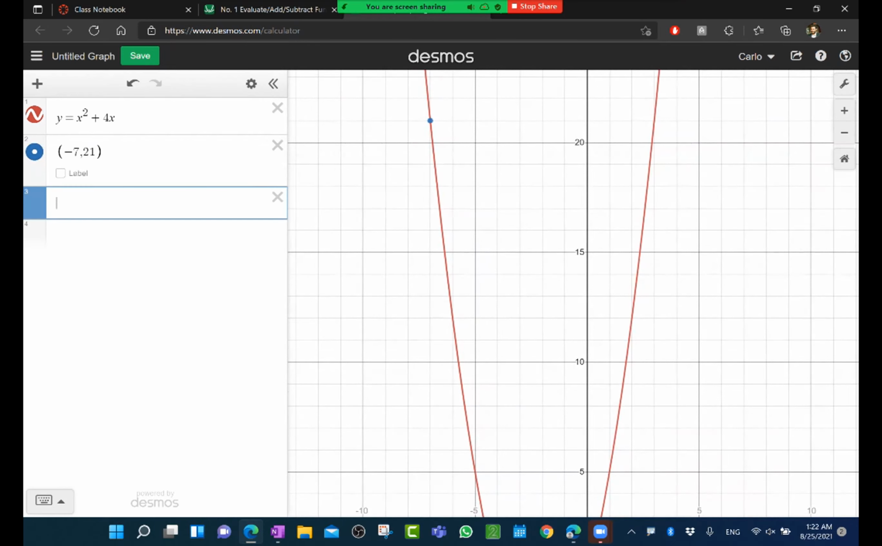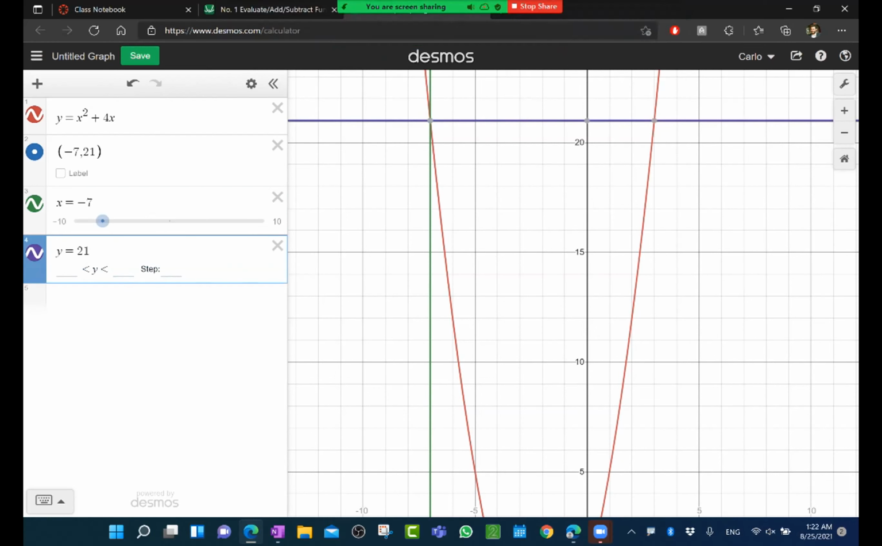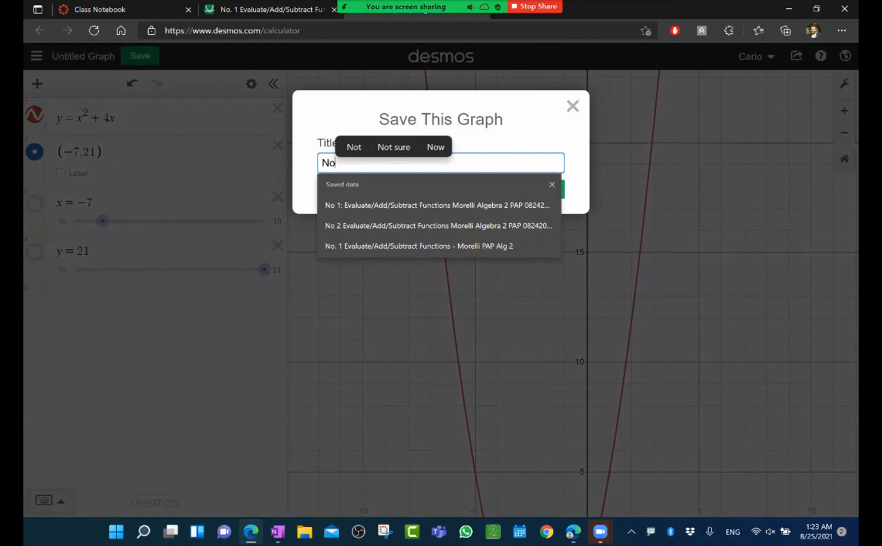So I'll go ahead and add in x equals -7. And you see that domain value fly right through that point. And then I'll put the range value y equals 21. And you see that there. Okay. Now I'll turn these off. But when I save this graph, I'll save it as number 2. Evaluate,